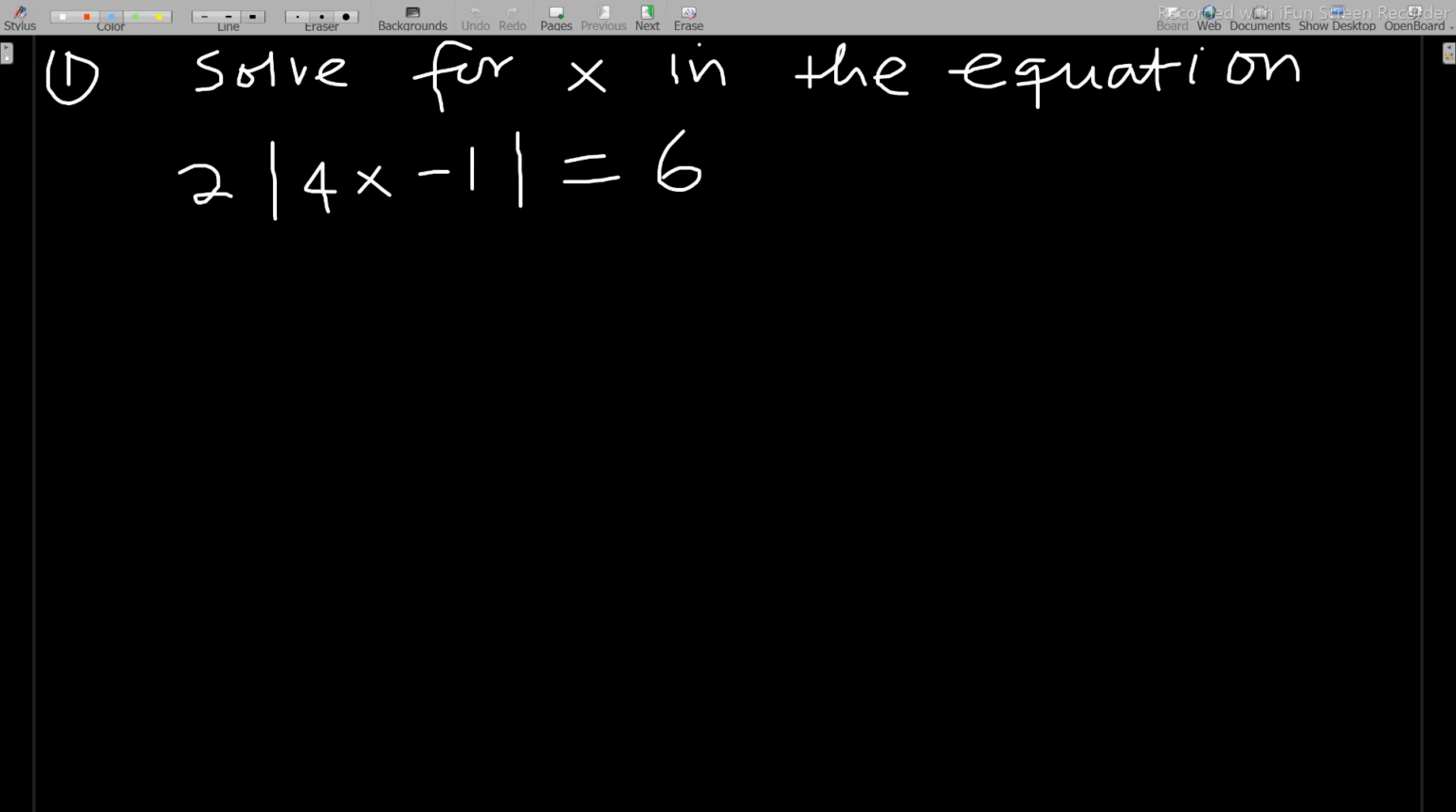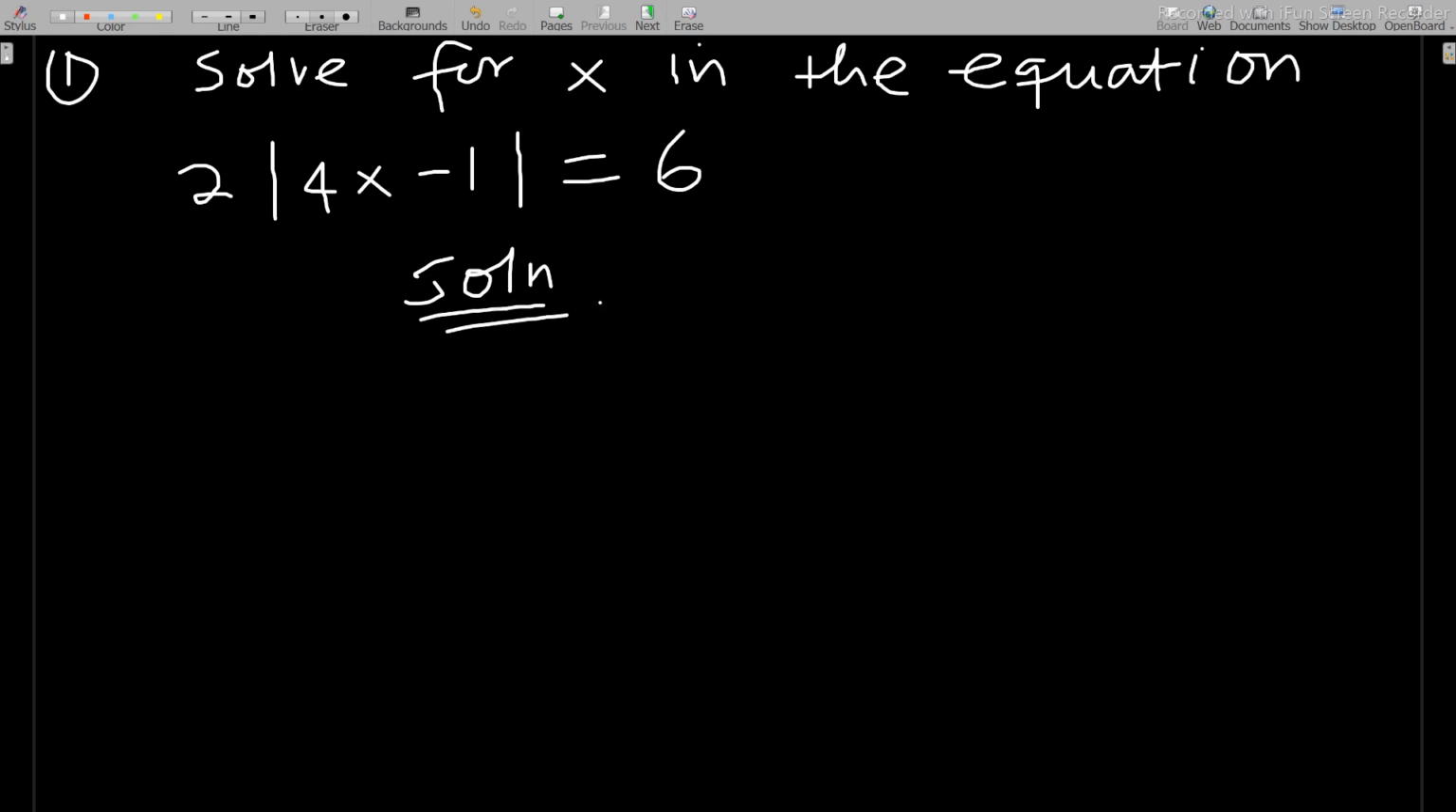Okay, so like I said, we're just going through more examples of absolute value equation problems. Alright, so let's start with the first question. It says solve for x in the equation 2 times the absolute value of 4x minus 1 equals 6. With this, if you remember in our first discussion, we said that